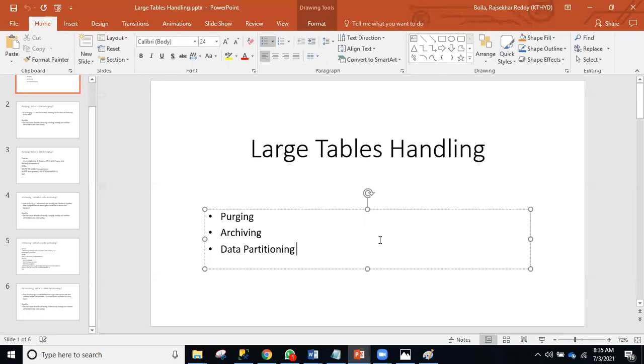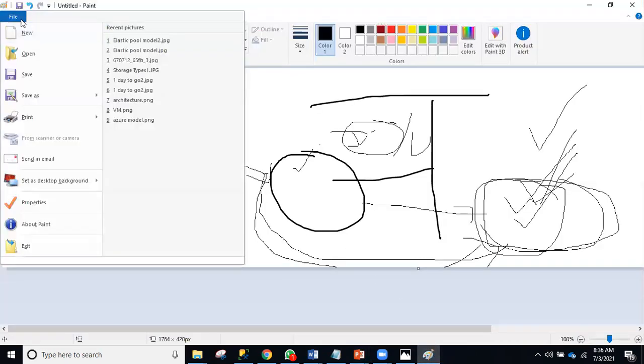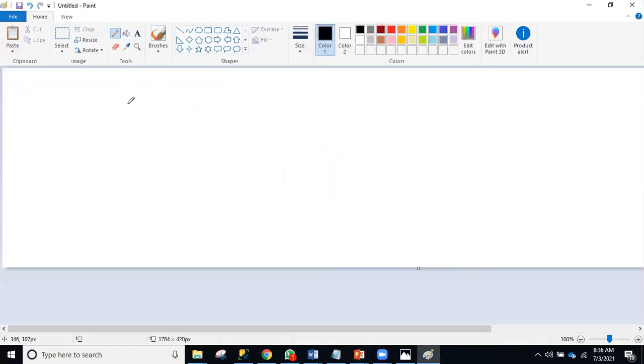Not drives, team. Basically, we are dividing one table into multiple tables, virtual tables, like history and so on.